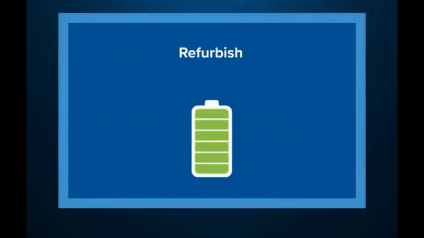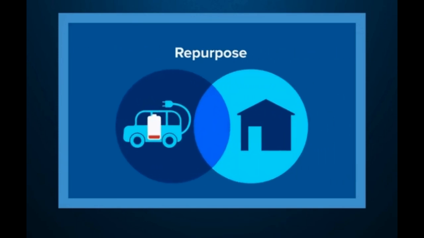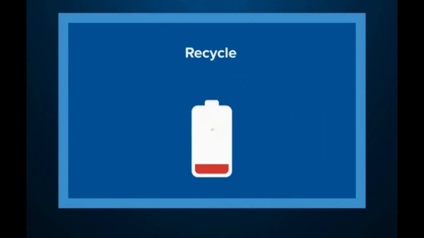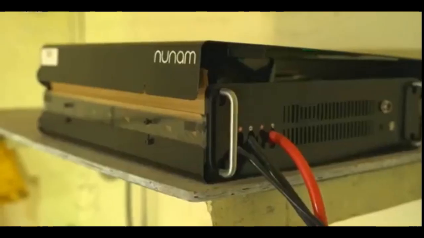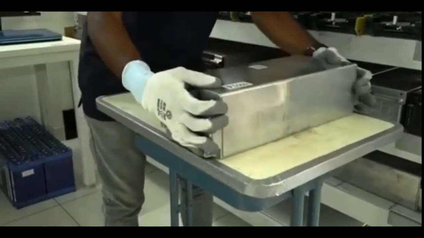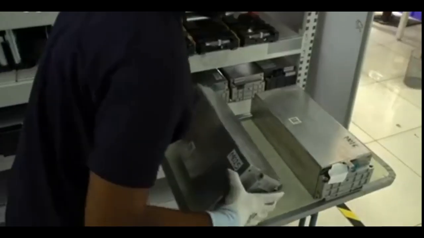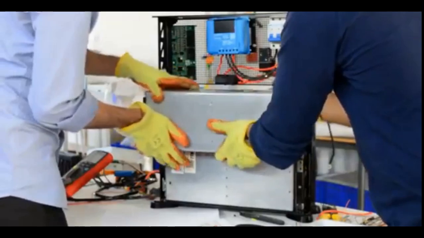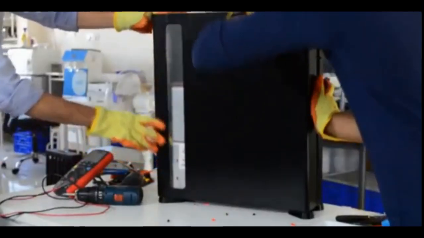EV batteries can be repurposed to store excess energy from renewable sources like solar and wind power, helping to balance supply and demand on the grid. Used EV batteries can be repurposed to power industrial equipment, such as forklifts, cranes, and factory machinery. EV batteries can be repurposed to provide power in remote or off-grid locations, such as for camping